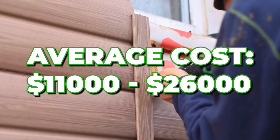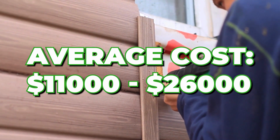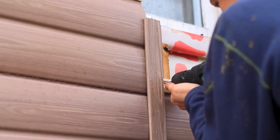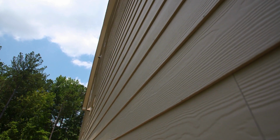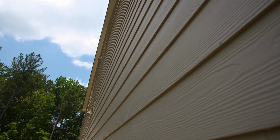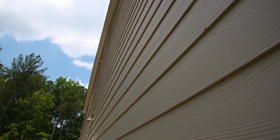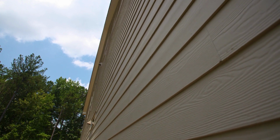The average cost can be $11,000 to $26,000. The return on investment is 80%. So you need clean, pretty, not broken siding, no algae, no mold growing on it, whether it's wood or vinyl. Now your wood siding is going to probably cost a little bit more to have that updated or replaced